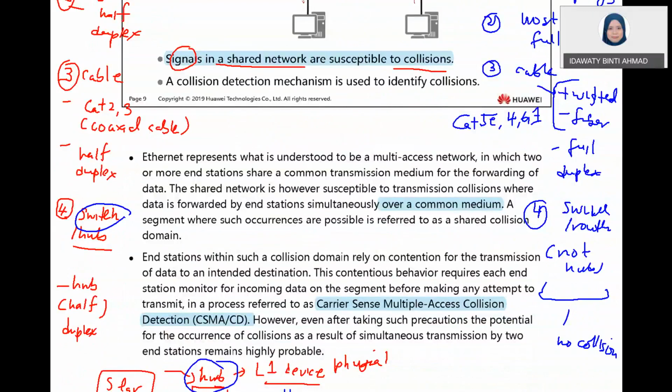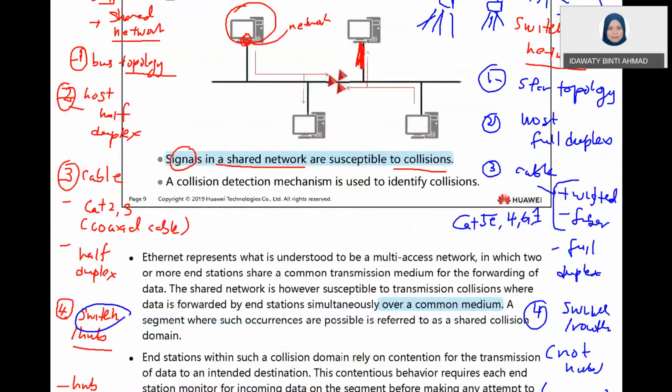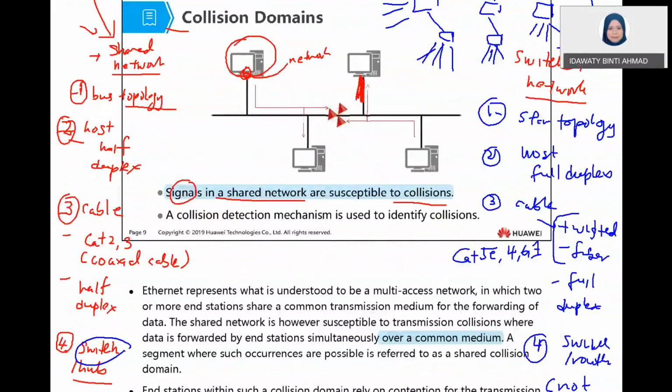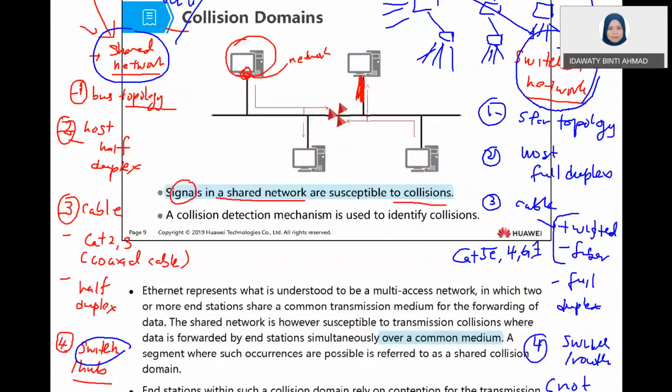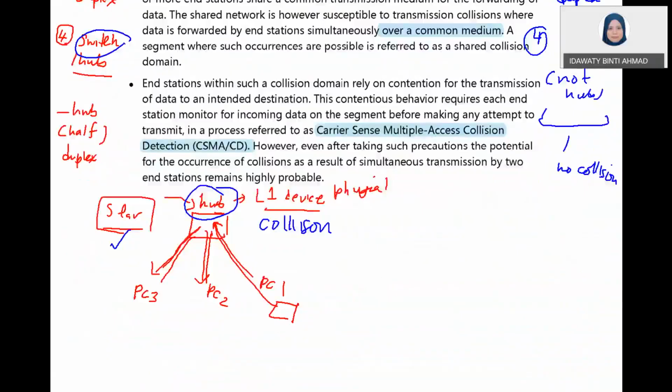So these four aspects, normally we call it a switched network. So Ethernet moved from a shared network, which they called thicknet just now, to become a switched network. So a switched network is fast Ethernet, gigabit Ethernet. That is a switched network. Okay, so we already went through that, but